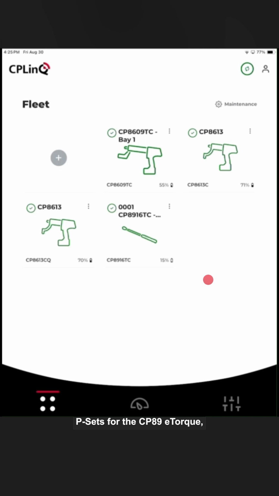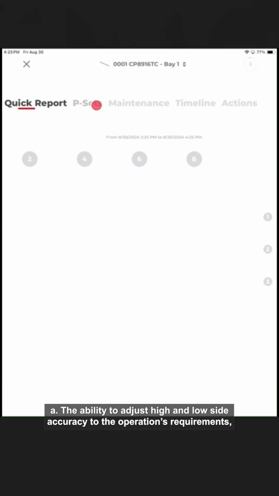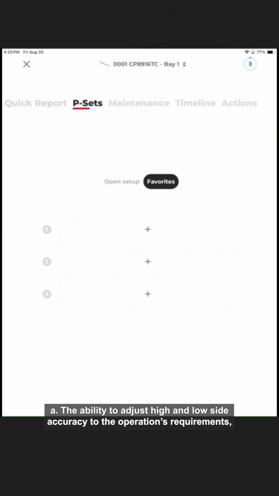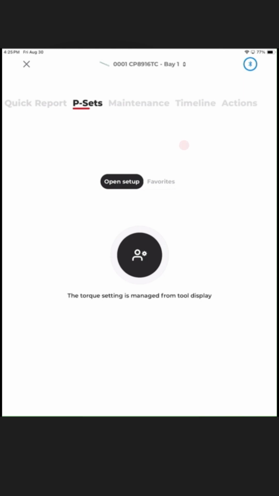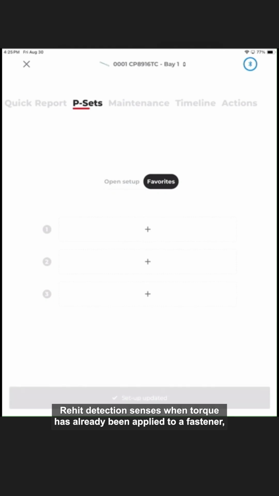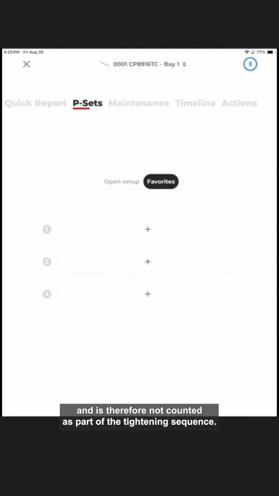Presets for the CP89 eTorque electronic torque wrench differ slightly from the CP86 presets previously discussed. The main differences are A, the ability to adjust high and low side accuracy to the operation's requirements, and B, the option to include rehit detection when torquing fasteners. Rehit detection senses when torque has already been applied to a fastener and is therefore not counted as part of